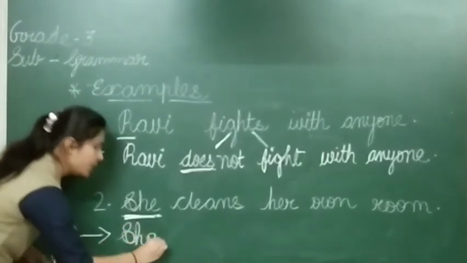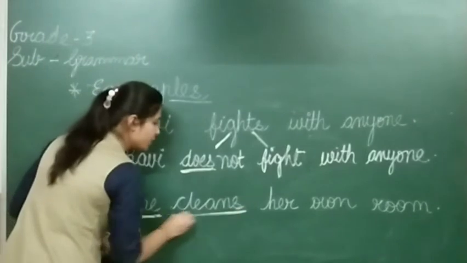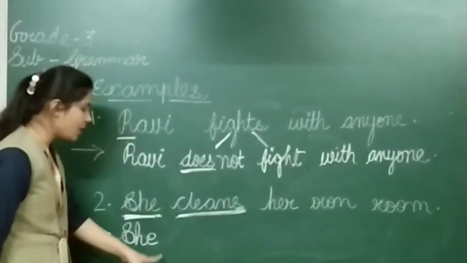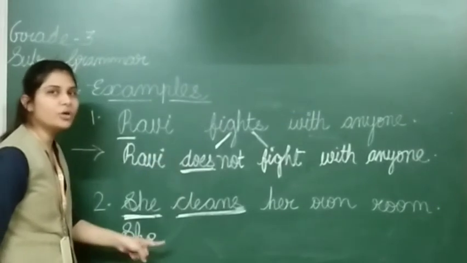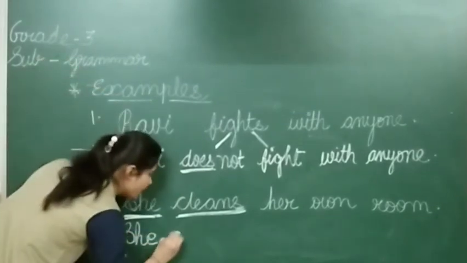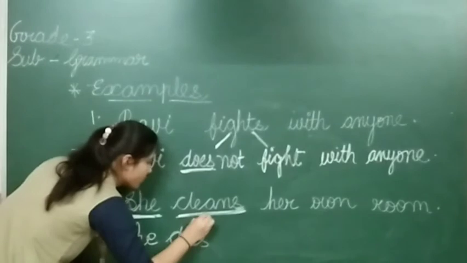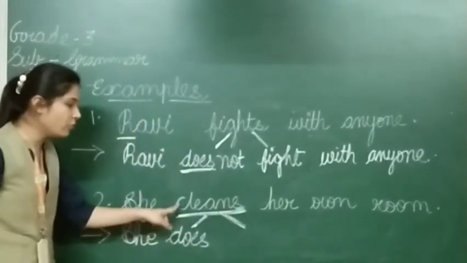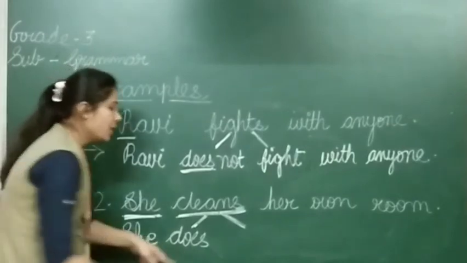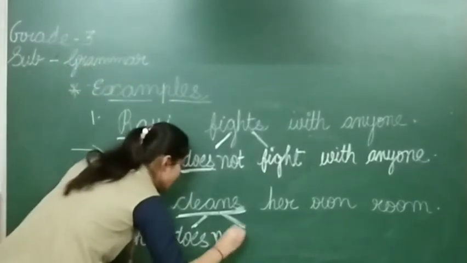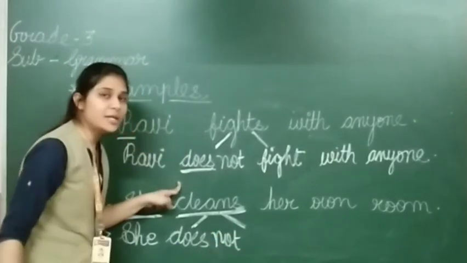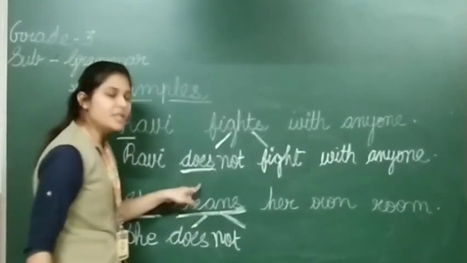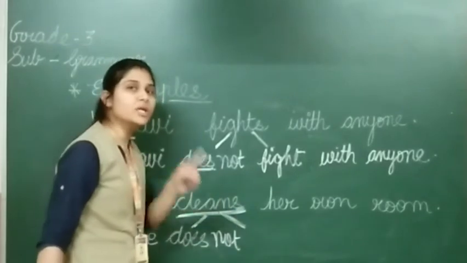She. Now here the verb is cleans. What we have to do? अब ये cleans है. उसके साथ मैंने आपको बताया for making it negative what we were doing? We were adding does. It means here वर्ब के दो पार्ट्स करके लिखने हैं. First of all we have to add does and not of course. Yes, then clean. Don't make mistake. cleans मत लिख देना. You have to write only clean.